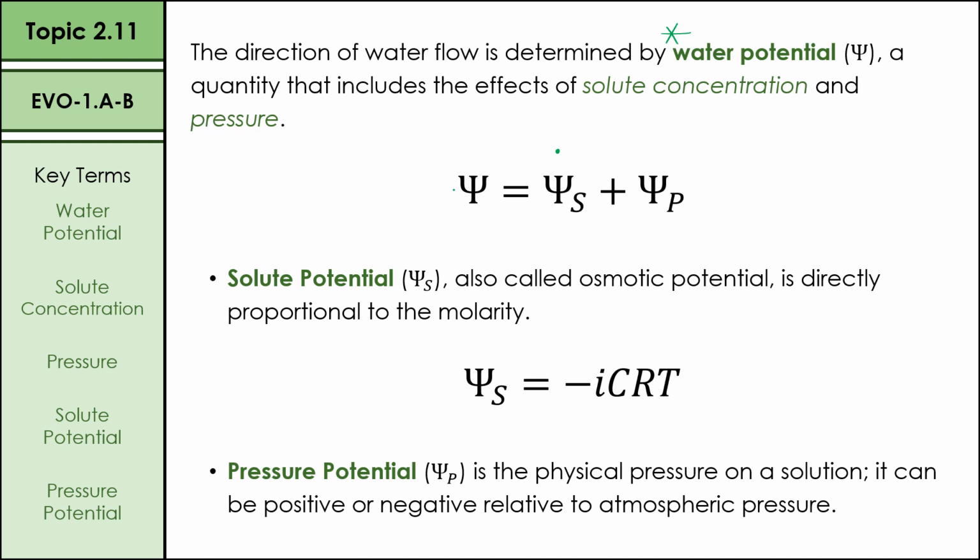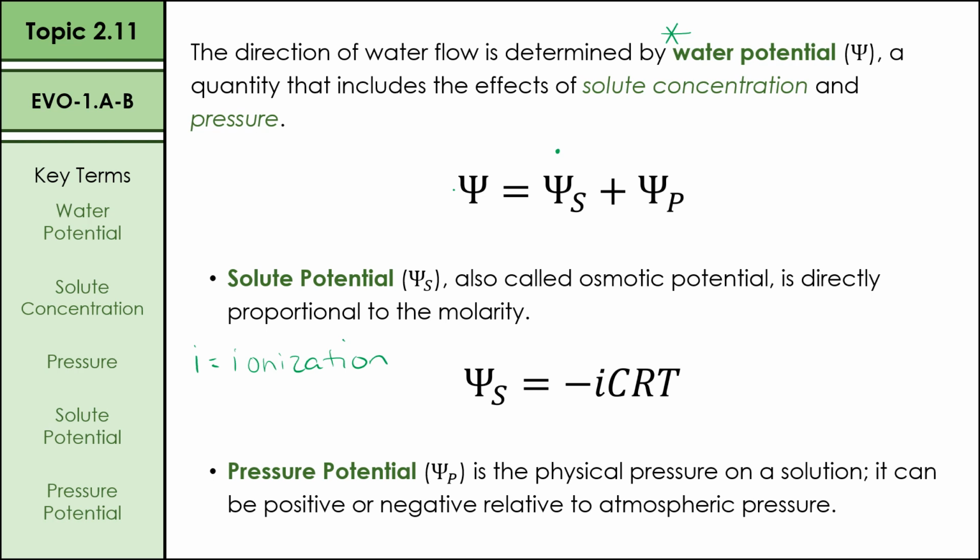So solute potential, pressure potential. Our solute potential is also referred to as our osmotic potential, and it's really what's doing most of the heavy lifting here. So it gets its own equation where we have i being our ionization constant,